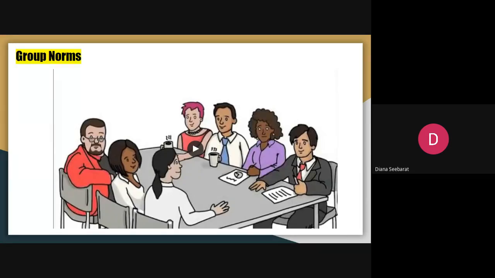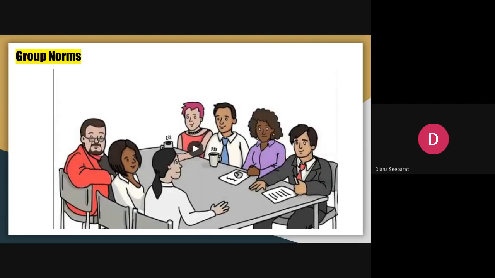Example, how often they meet. If a group has a task to do and they only meet once per month, this task would not be successful because no one really knows each other in the group. Even though they are strangers, they should have a relationship and a proper family-like feeling in the group. And without this, they wouldn't be a successful group.